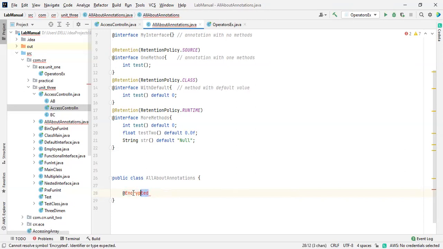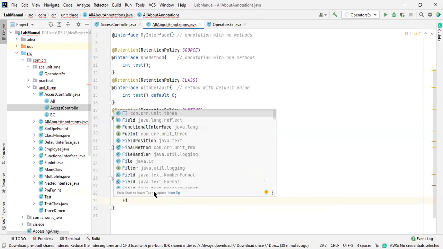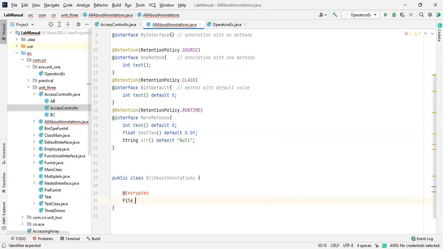Okay, remember this one. There are somewhat similar things like file readers. At this stage, we are going to use this one. When we are going to assign a path, for that we are going to use it in an encrypted manner. This is a concept available in the fourth unit, I think. There we are going to use that. There is no need to worry about all these things.